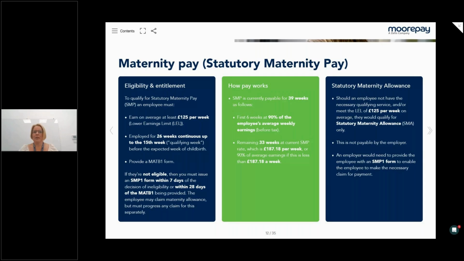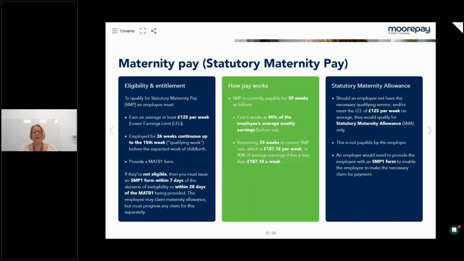So once you've had the application in hand, or maybe they've verbally told you or sent you an email, we should go back with confirmation that they're not actually entitled to maternity pay from yourselves, and that they would need the form that you're going to give them. You give them the MAT B1 back. I would always take a copy so you've got it on file. Give them the MAT B1 back with the form so that they can take that to the benefits agency, and then they can apply for what they call maternity allowance, which is the government's version of SMP.